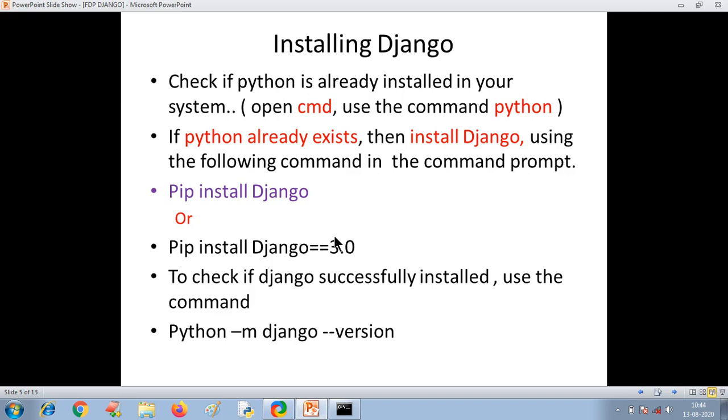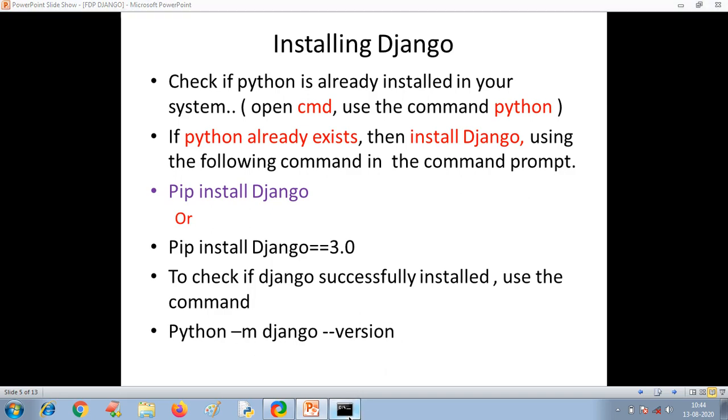So you can also install a particular version using this syntax. After installing Django, you can check the version of Django like this, right? Or by using django-admin --version. That is also another command to check whether Django is successfully installed or not. Right? python -m django --version.